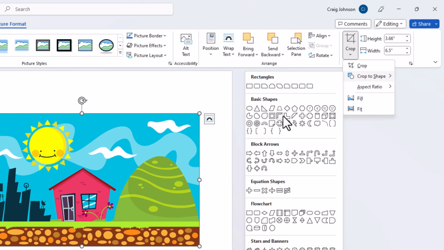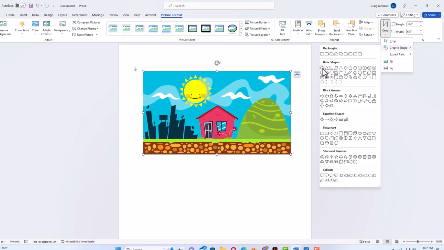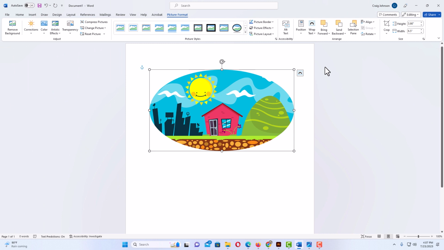It doesn't give you a perfect circle shape, but it's very easy to change the oval into a circle. I'll show you how to do that. I'm going to choose the oval shape. And now as you can see, my image has become an oval, but if you want a circle shape, first